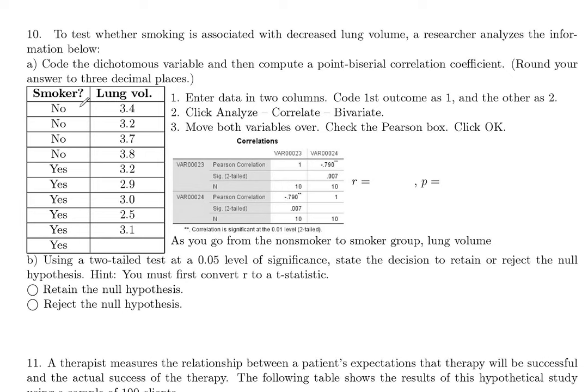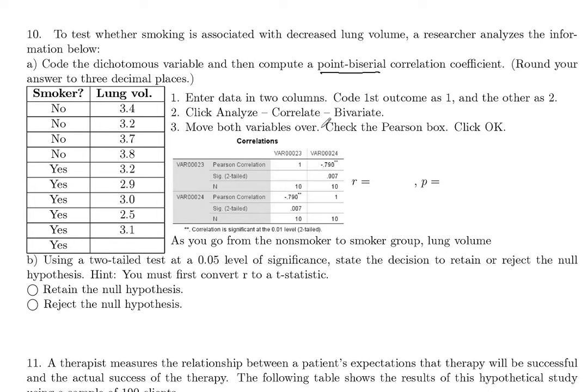And so we're going to have to code that value in when we use SPSS to find our correlation coefficient. We're going to code with ones and twos, and we've done something similar to that before. So we're going to be finding what's called the point biserial correlation coefficient. That's when you've got one dichotomous variable and one continuous variable that's either interval or ratio. First we're going to enter the data in two columns. We'll code the first outcome as a 1 and then the second outcome as a 2, and analyze, correlate, bivariate